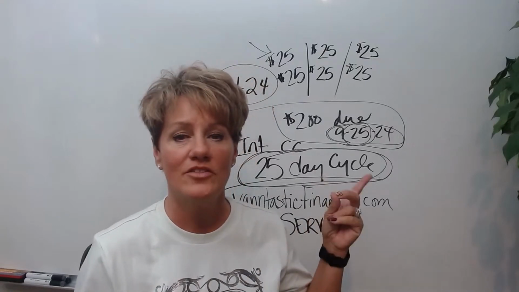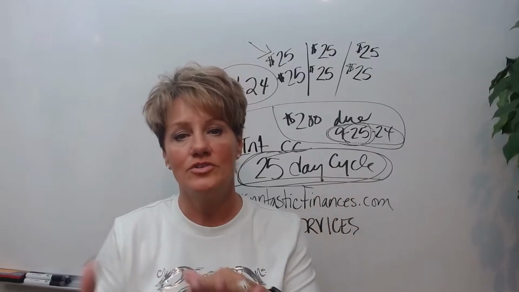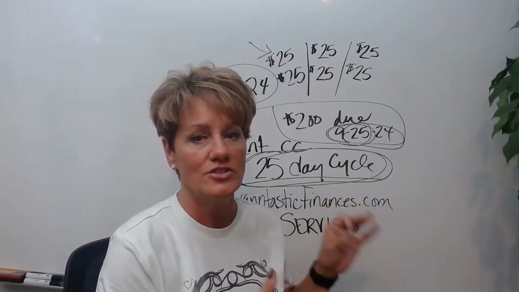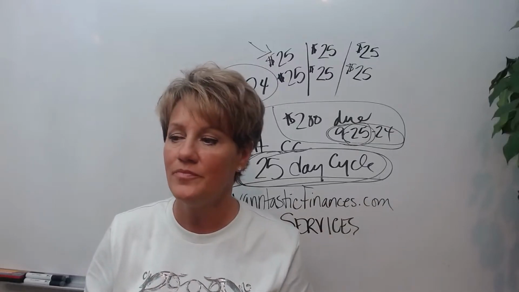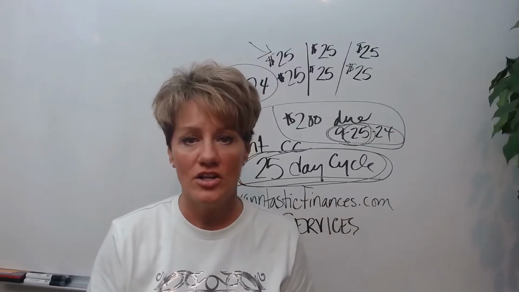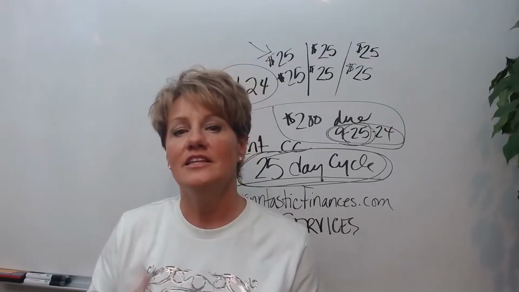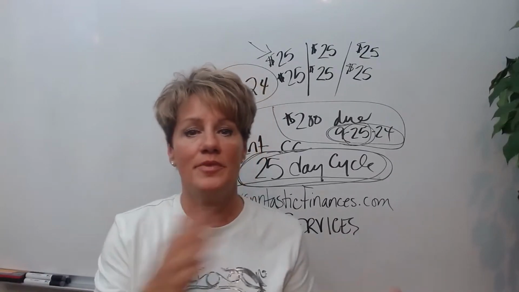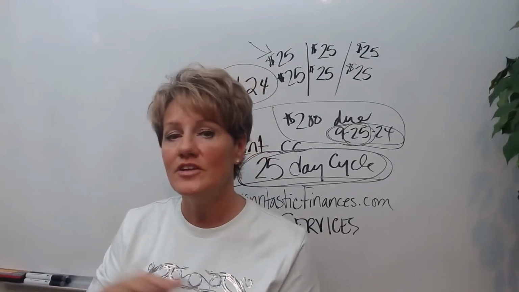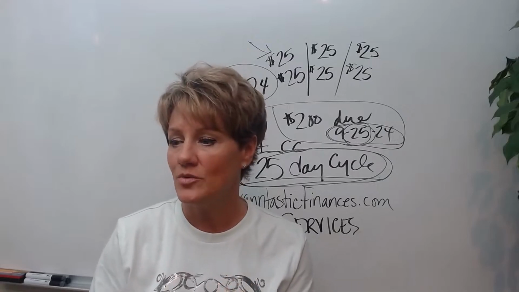Remember what I said about the credit card, how it will sometimes serve as a PLOC? You can transfer funds from the credit card into your checking account if it's with the same bank or credit union, and then start chunking down your car loan. If you have a $10,000 car loan balance and then you get a $10,000 line of credit limit, then just pay off your car and now you've got everything going into that line of credit. I hope that makes sense. That's exactly what I did.